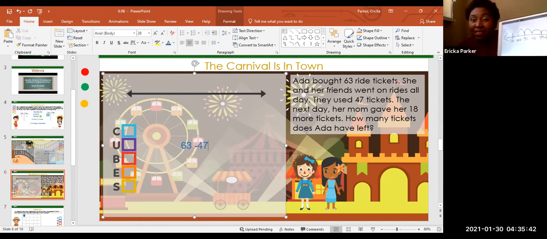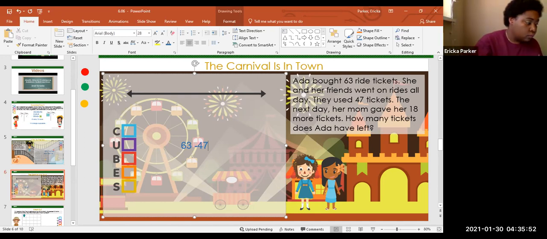But see, there's a problem sometimes with doing this. This gets confusing for some of my friends. I don't like using the number line because it gets confusing. So you can either use a hundreds chart or you can just do some math. Regroup if you must. So you can go 63